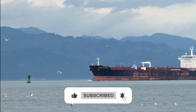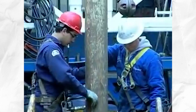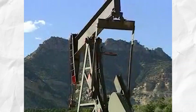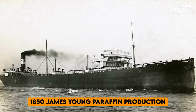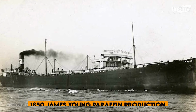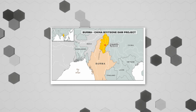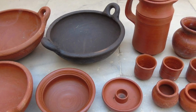That being done, let's start with a little introduction. Oil transportation technology has developed in parallel with the oil industry. Human use of oil dates back to prehistoric times, but the first modern commercial use dates back to 1850. James Young paraffin production. In the early 1850s, the oil began to be exported from North Burma, then a British colony. The oil was brought to the riverbank in clay vessels, where it was poured into holds and shipped to